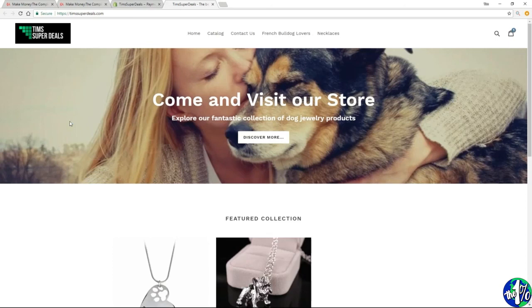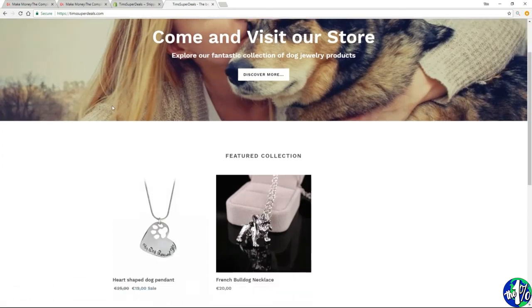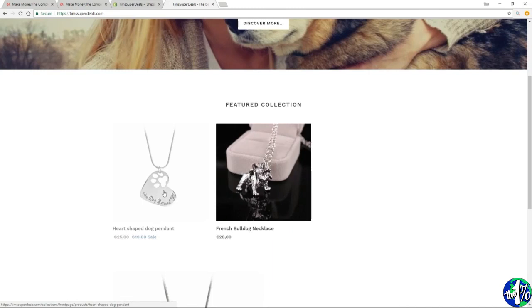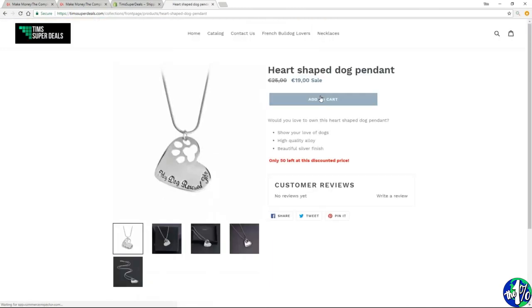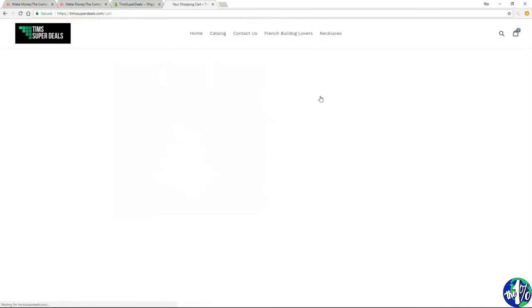Now, most payment providers will enable you to do some sort of test purchase without actually having to pay. But what I like to do is to buy something off my site and then simply refund myself. It gives me a much better feeling for making sure that everything is absolutely working perfectly. So let's go ahead and make the test order. I'm going to buy this little thing here, this heart-shaped dog pendant that we put on a little while ago, and I'll simply add it to the cart